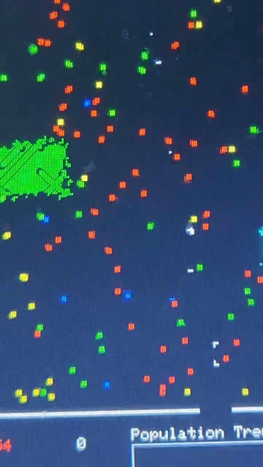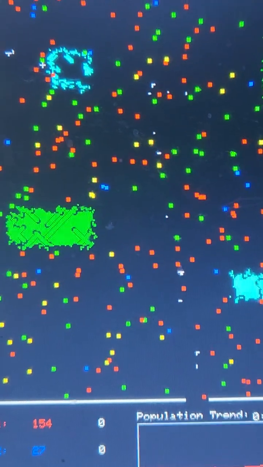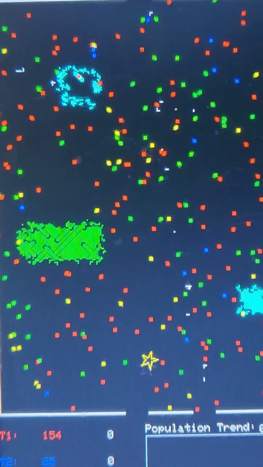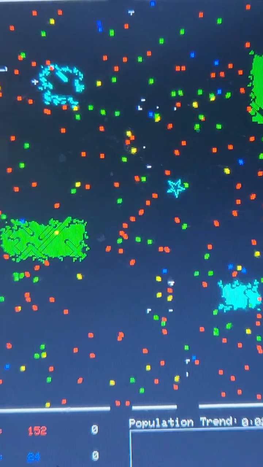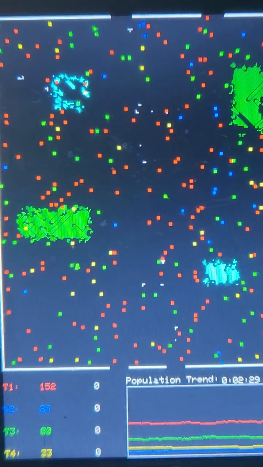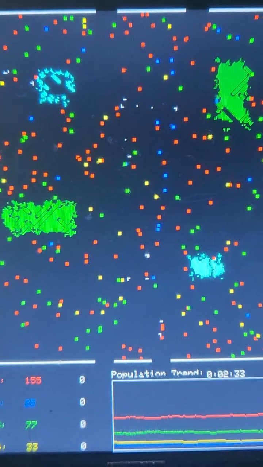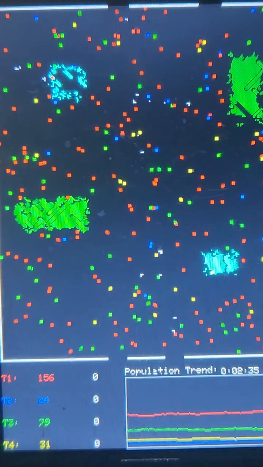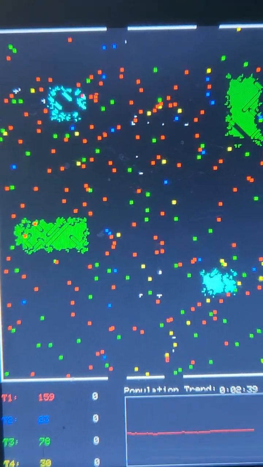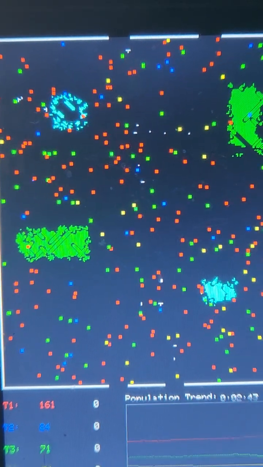Now basically what the game is, these are different tribes, 4 different tribes of colors. And there goes the wizard. The game is called Wizard of War. And there's 4 different tribes, each a different color. And when they make contact with each other, that's considered a battle. After 3 contacts, it changes that one